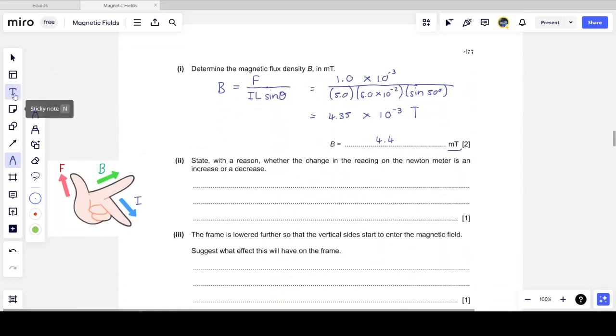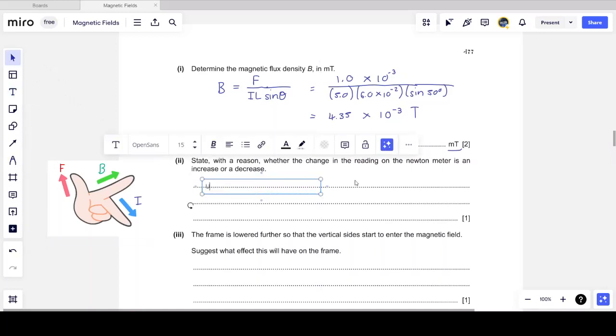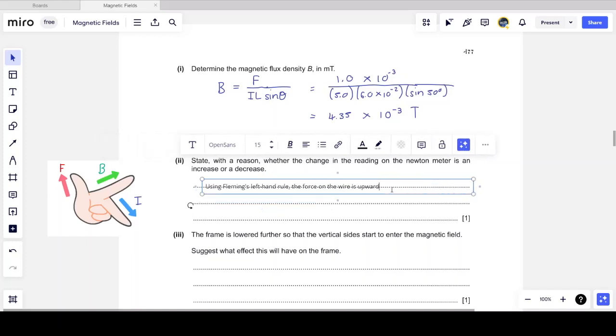So how I would word this is I would specifically say that I'm using Fleming's left-hand rule. Remember, there isn't any other method that we have to determine direction, since we aren't using vectors in A-level physics. So we have to use the left-hand rule to determine direction of the magnetic force. So using Fleming's left-hand rule, the force on the wire is upward. Okay, the force on the wire is upward, great, but I haven't answered the question. They asked me if the reading on the Newton meter would increase or decrease. Since the wire is being pushed upward,